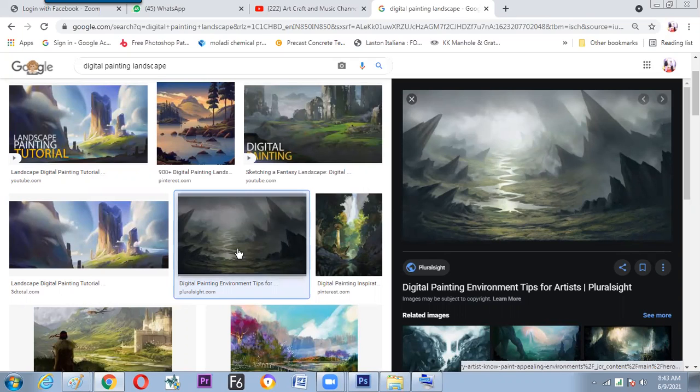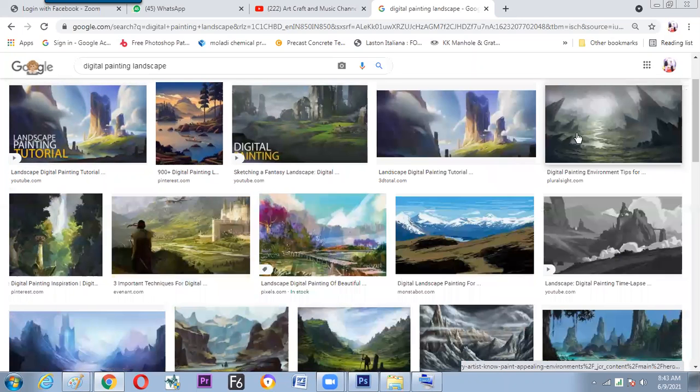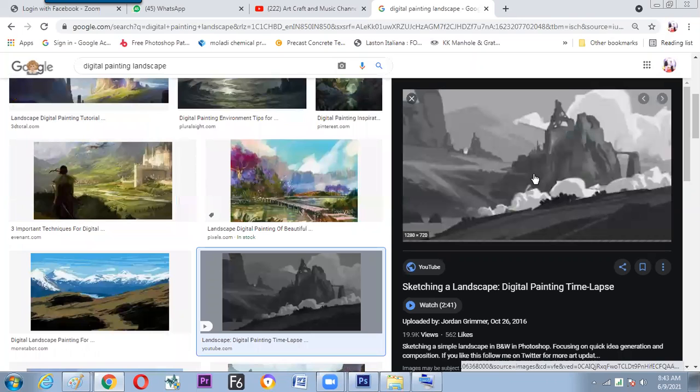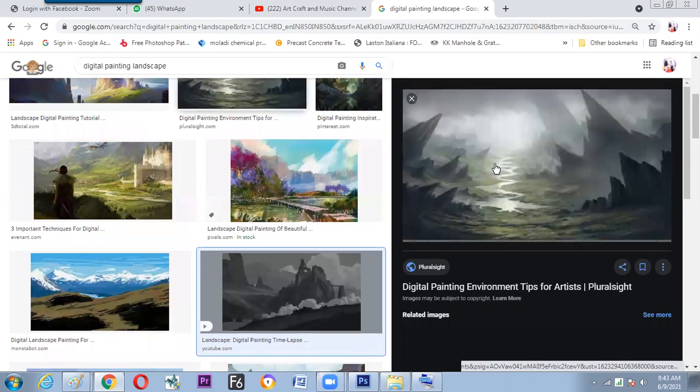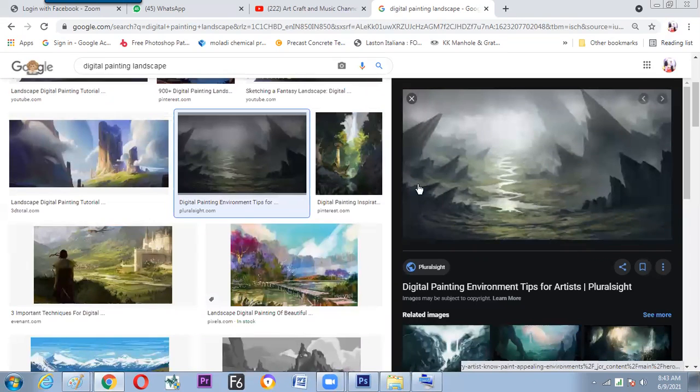You can see the grayscale of it. Whenever they start digital painting, they turn things into black and white first, so that they can judge which is closer and which is far away. And then making it colorful is very easy. So later on, we can add color with the help of which mode? Color mode.